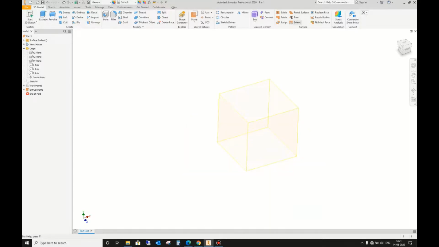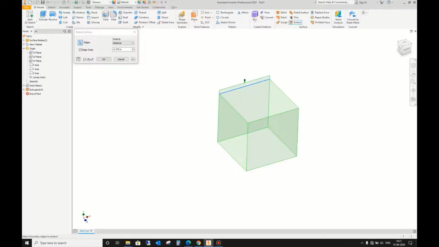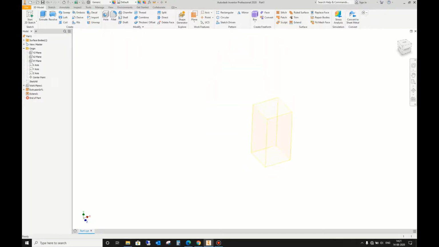There is an extend command here. You can use it and give extrusions to the edge. You don't have to make further sketches, you can just click on those edges and it will get extended. You can sculpt